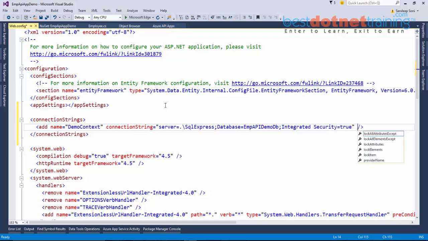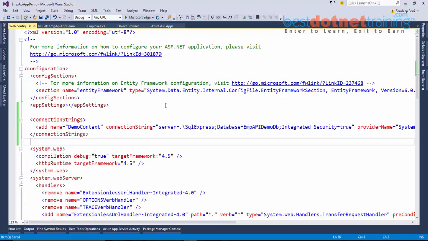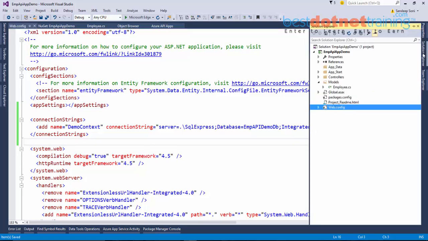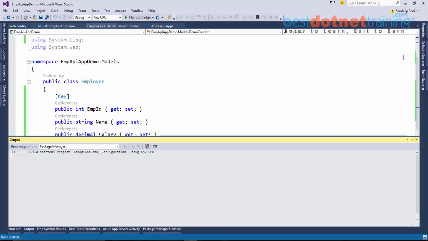Eventually, of course, when I publish, I am going to change the connection string. But for the time being, this is good enough for local execution. Now we have the model class, we have got the context, build the application once, and we are ready for